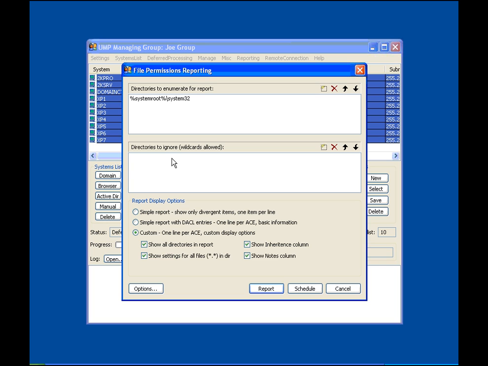You then have a number of options. You can create a simple report showing only the divergent items. These will be all of the permissions that have been set other than inherited permissions. You can also create a simple report showing the DACL entries for any of the files and folders. And finally, you can create a custom report, giving you the option to choose that which you wish to include